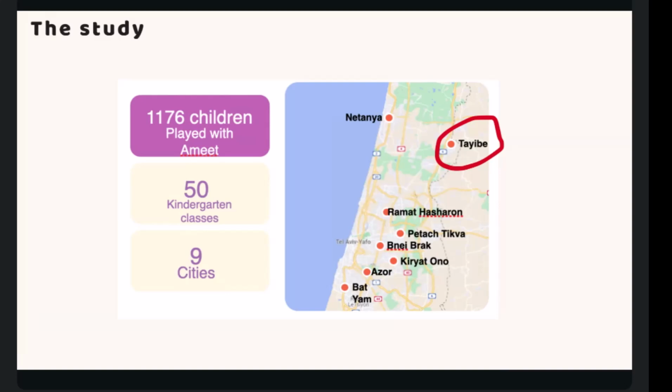They were bilingual because the teachers spoke only Arabic, but had Hebrew language classes or activity incorporated in the curriculum. So it was very interesting for us to see how kids would accept Amit, who is a Hebrew-speaking robot at that point, before she became more multilingual or more flexible with languages, and how they would interact with her from the language point of view.